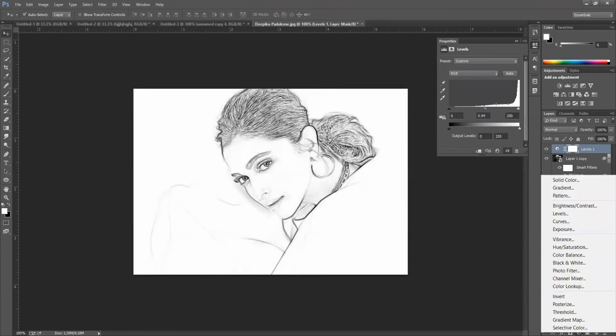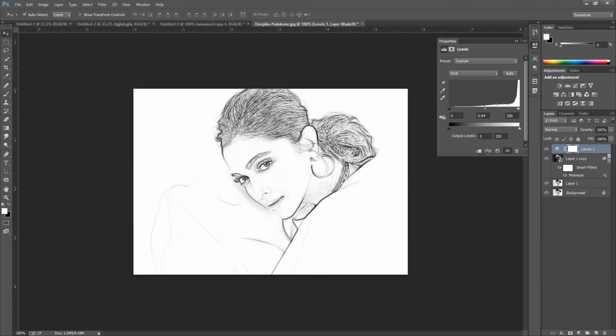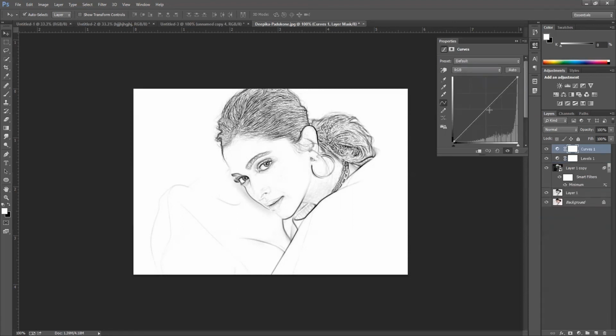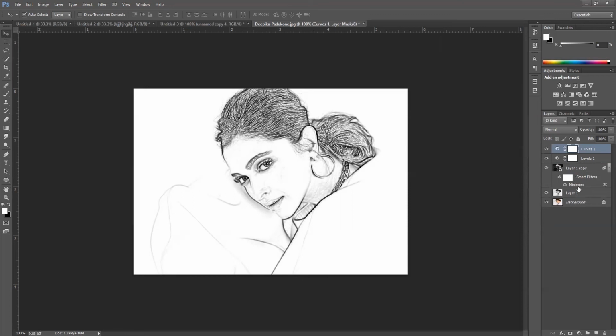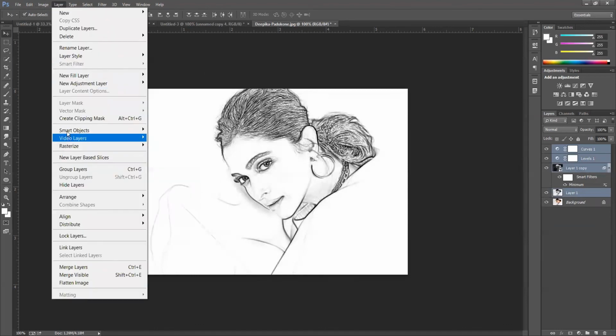You can adjust this symbol. Again I will choose Curves. Okay, so you can see the changes here. Then I am selecting all the layers and grouping them.